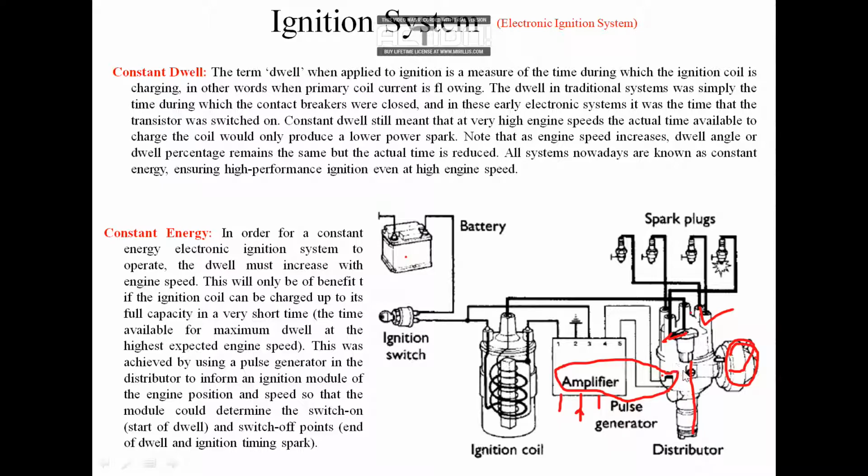On the basis of the input pulses from the other sensors, like knock sensors, engine speed sensors, and throttle position sensors, this amplifier or ECU is supposed to work and decide a proper triggering time. On that basis it triggers the primary winding, and that high voltage is supposed to be induced into the secondary winding. Initially only a 12 volt supply is applied to the primary winding.